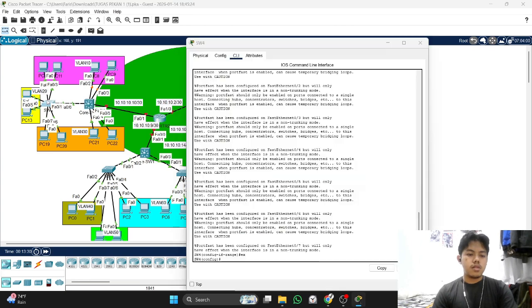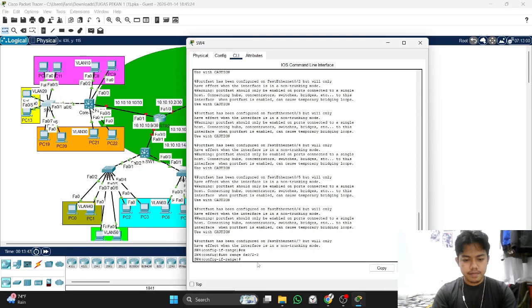We go to switch 4 and do like before. First, we configure VLAN 10 on interfaces FA2 and 3.